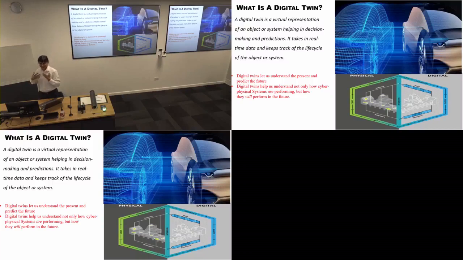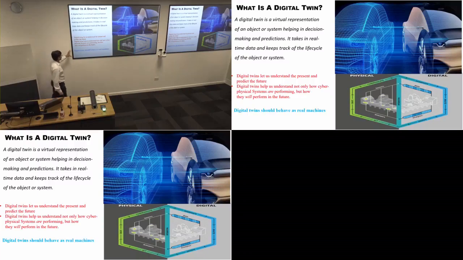And as the object is changing, object meaning it could be a machine or any kind of system that has physics attached to it. So when that physical object is changing, we need to, to some extent, learn the changes in that object more or less in real time, and then adapt all the time to make sure we are presenting a realistic replica of the object that is in operation.